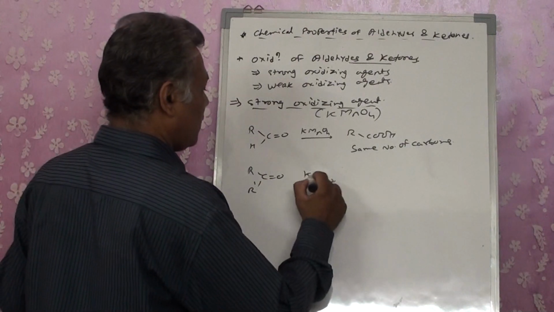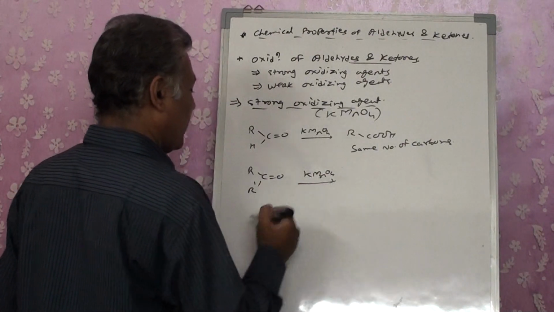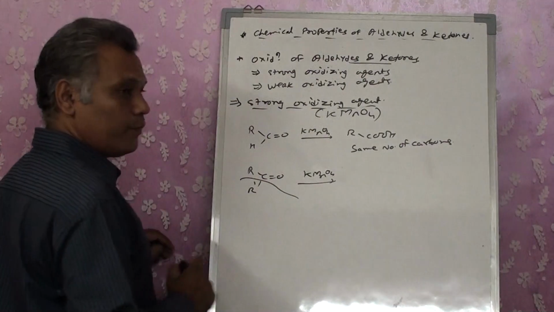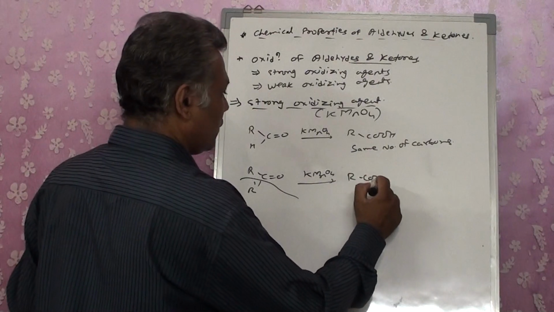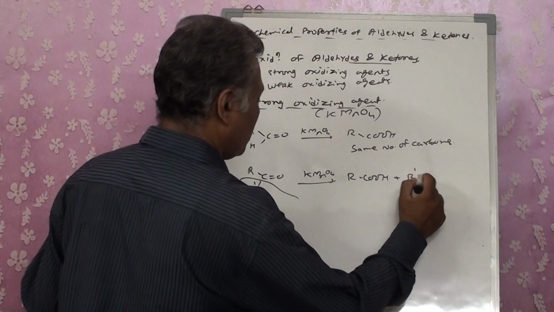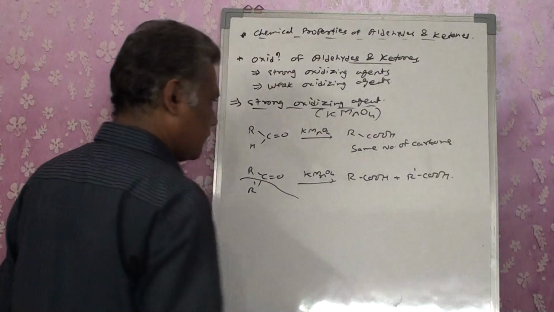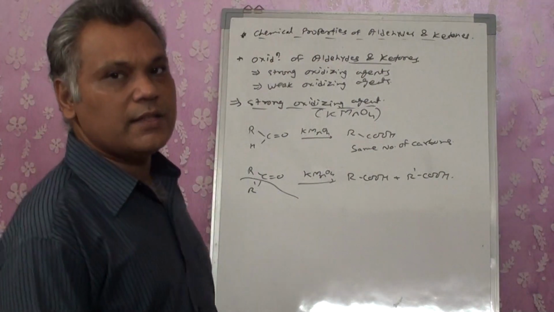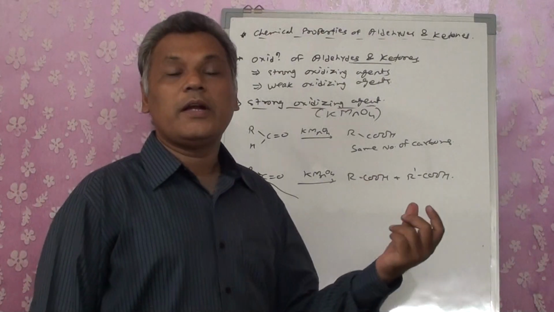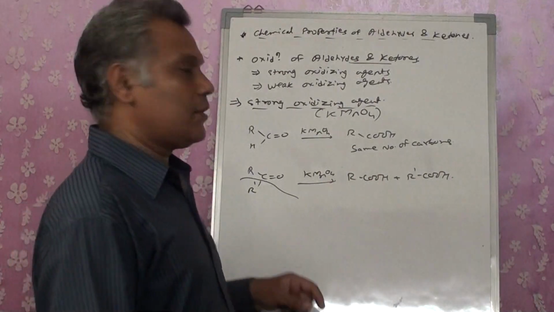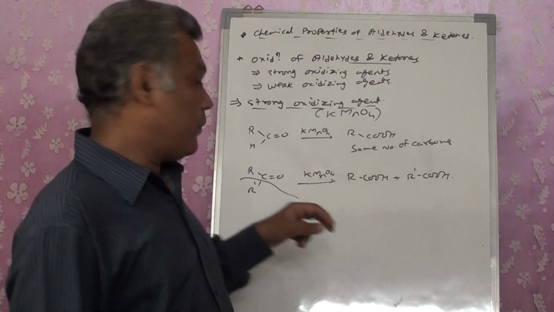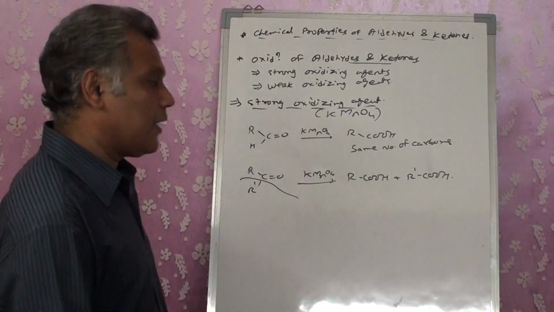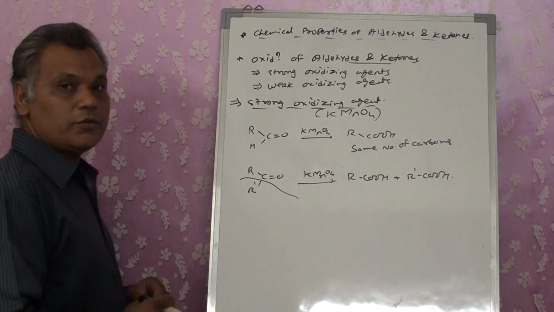when you take it with KMnO4, it dissociates itself into two. It will produce carboxylic acids with two different components. Right? If both these R groups have the same number of carbon atoms, you are going to get a single carboxylic acid; depending upon R and R dash, you are going to get carboxylic acids. It's going to be divided into two parts.